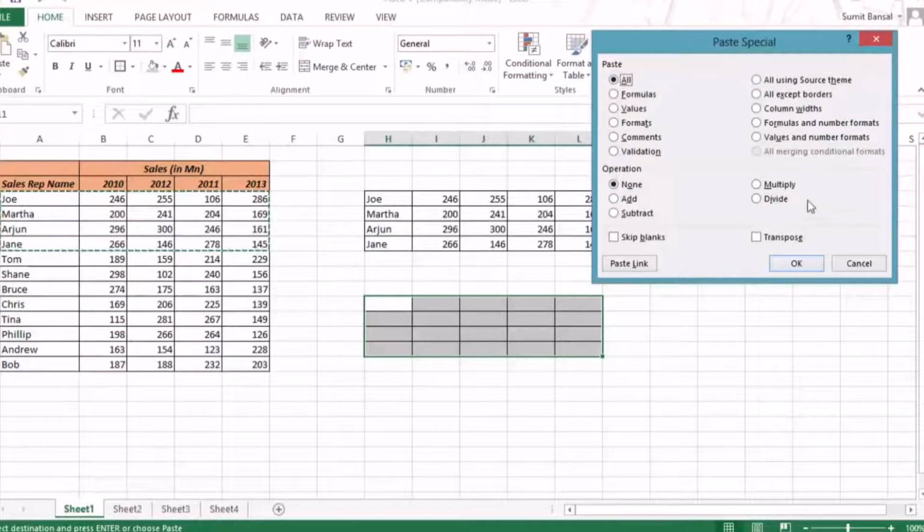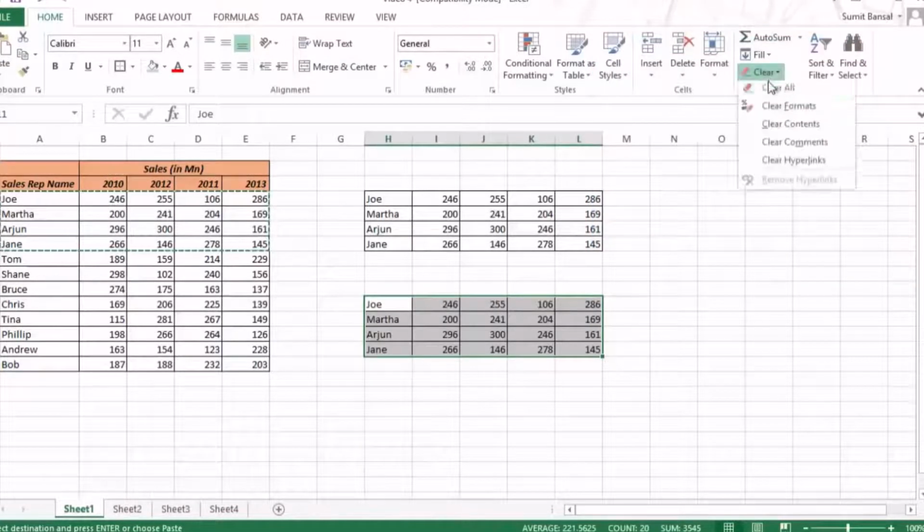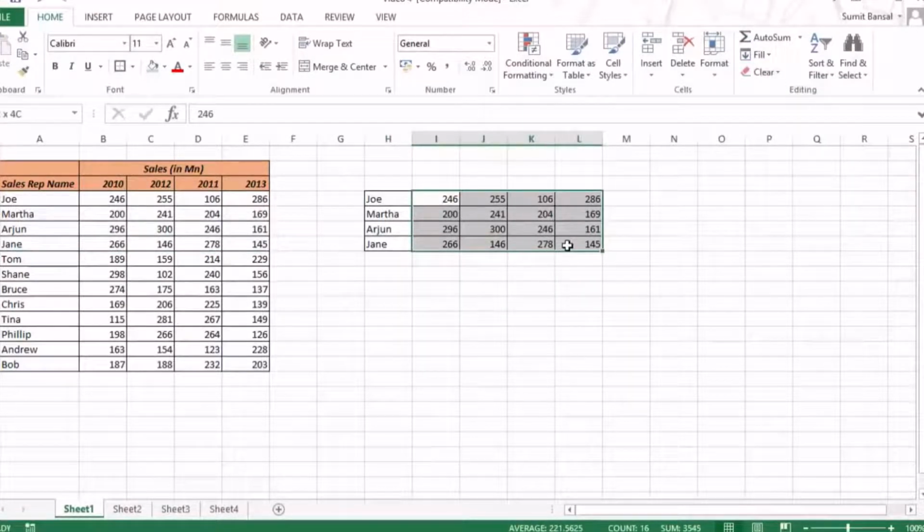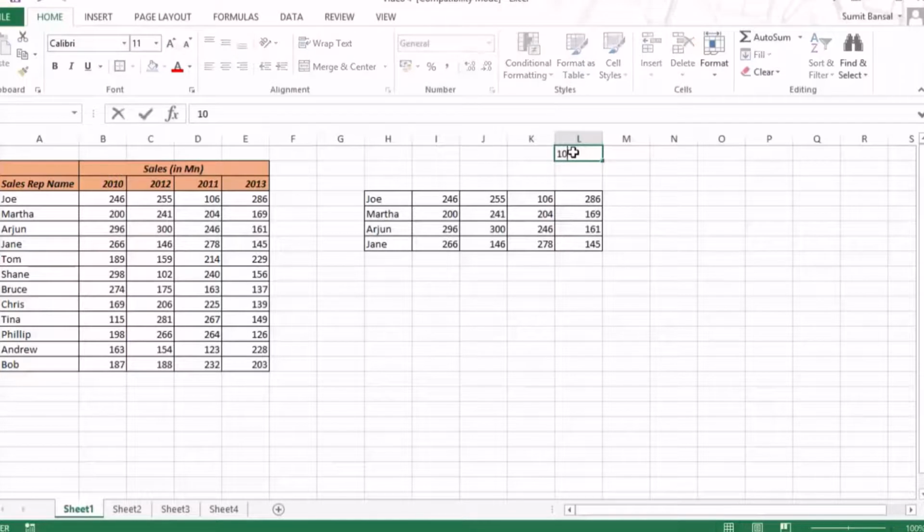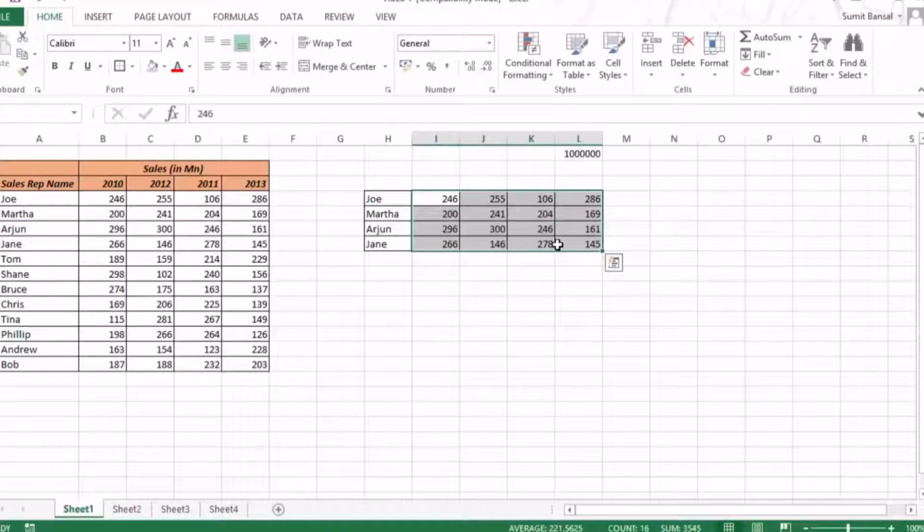Now let me come to the operation part of paste special. For example, say I have, let me clear this data first, and I would use this data set. Let's say I have these numbers here, but your boss says that I understand this is 246 million, but I want this entire number. So I would want everything here starting from all the zeros. So to do that, this is 1000, 10,000, 100,000, million. You would have to multiply these numbers with all these cells. A quick way to do this is just write that number here, copy it,